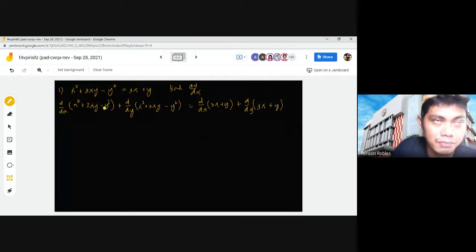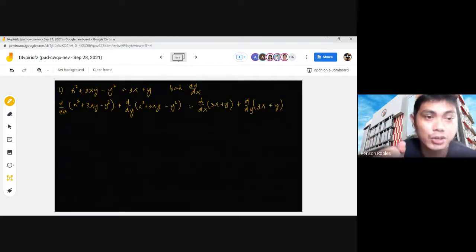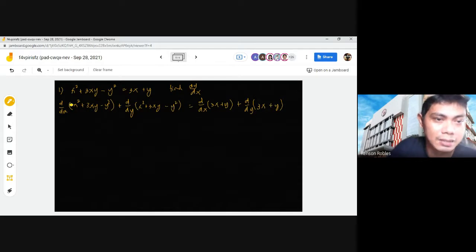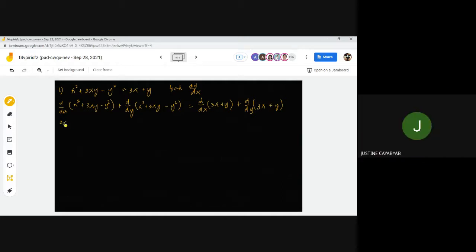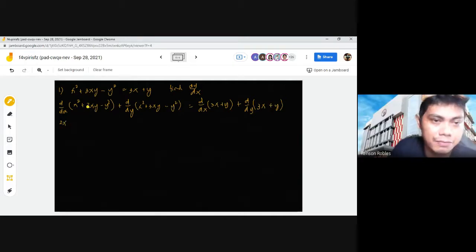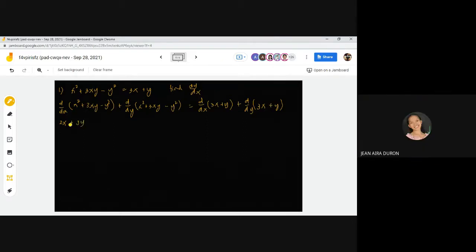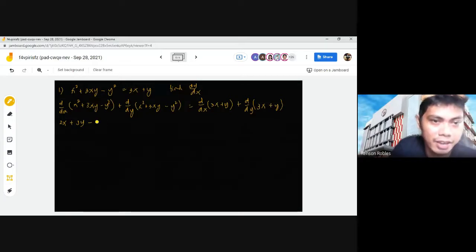First, in terms of x, you hold y constant. Derivative of x squared in terms of x, 2x. Derivative of 3xy in terms of x, 3y. Derivative of y squared in terms of x,